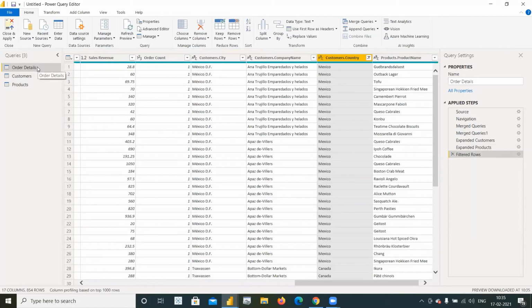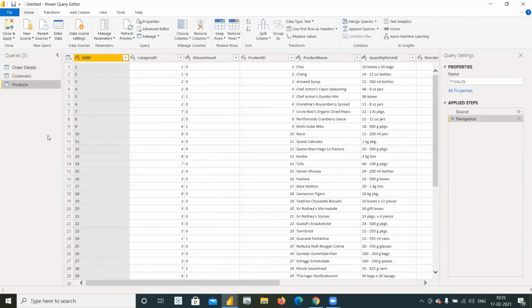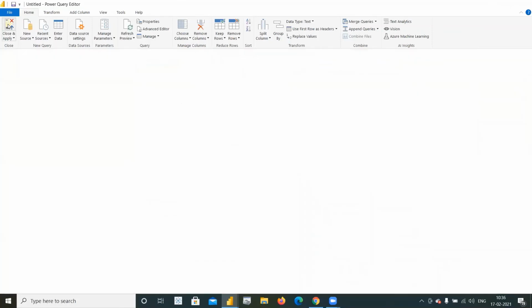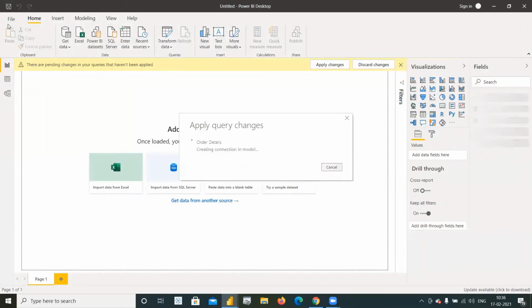Now I've merged all the data that I want into this order details table and created a flat table out of it. I don't want these two tables to load, so I'm just right clicking and unchecking enable load. Okay, close and apply. That's it. Your data is ready for analysis. You're successfully retaining your OBI joins in Power BI. Let's visualize and get back to the direct query steps.